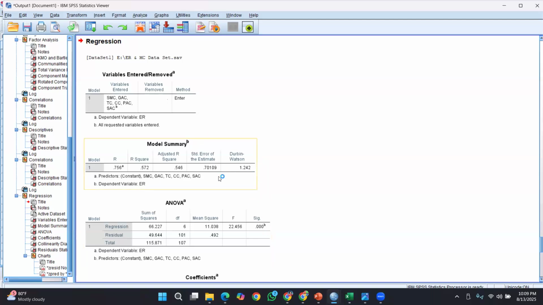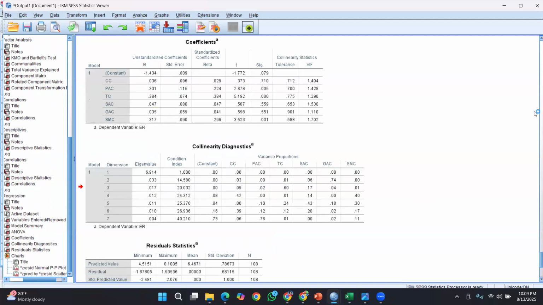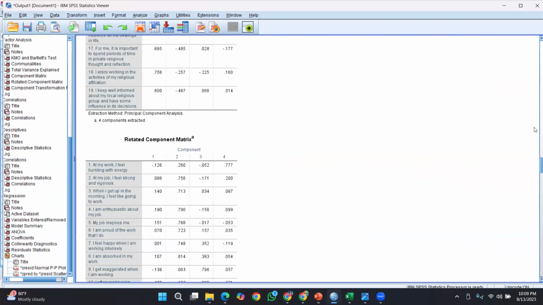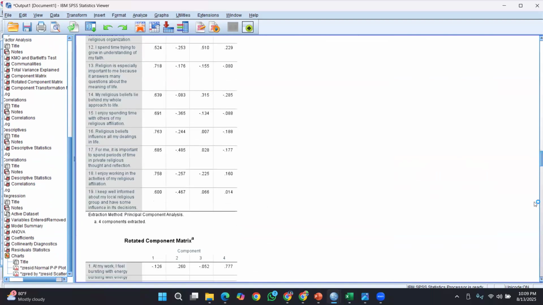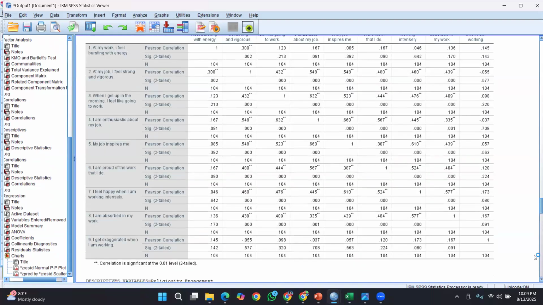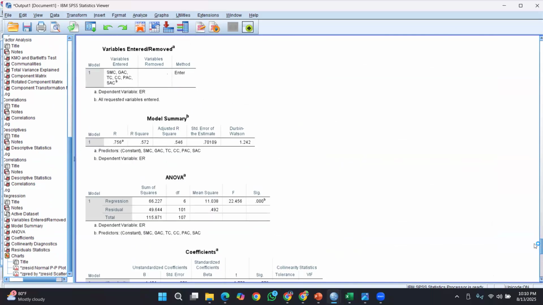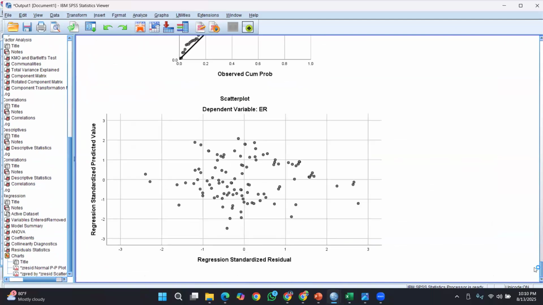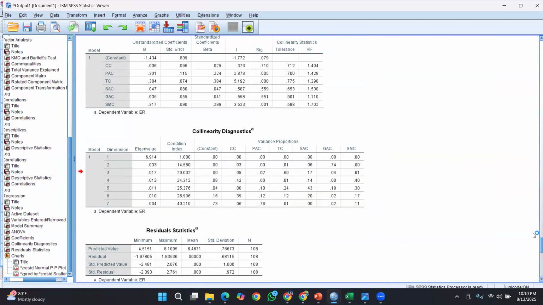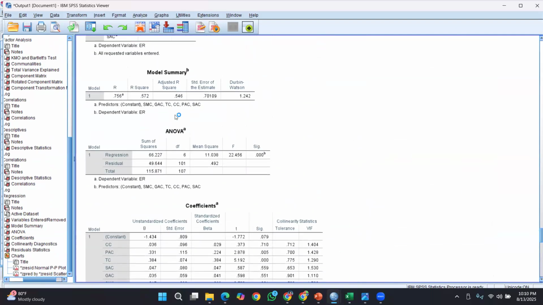Here, the ANOVA test tests the statistical significance of the model summary. You can see these values, and the model is significant. You can test it using this value.